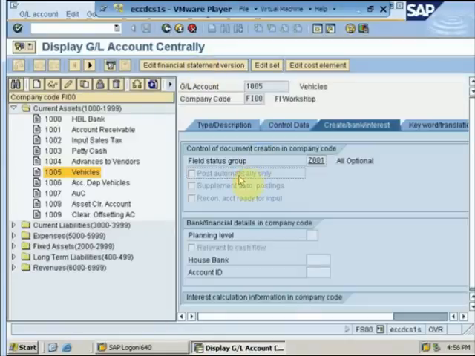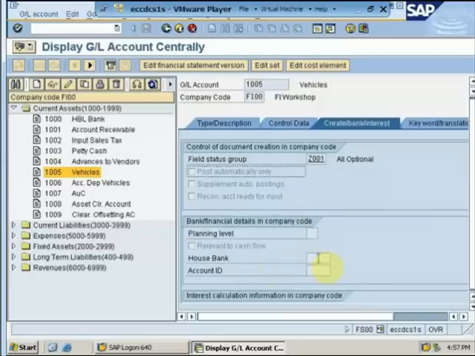Post automatically only means that there are certain GL accounts, for example depreciation expense or our sales account, which are always posted through a certain process or through a certain transaction. For example, if I run the depreciation program, system will automatically calculate the depreciation for all the assets and post the accounting entries onto its GL account, which means it is an automatic process. So if I check this, the system will only allow me to post the data into this GL account through an automatic process, and manual GL account entry would not be allowed to this GL account.